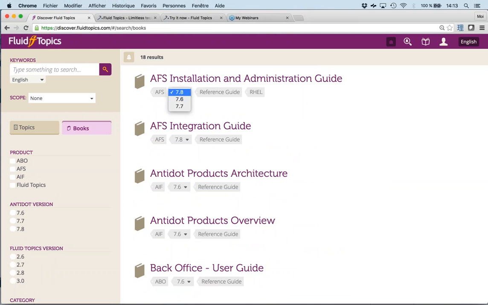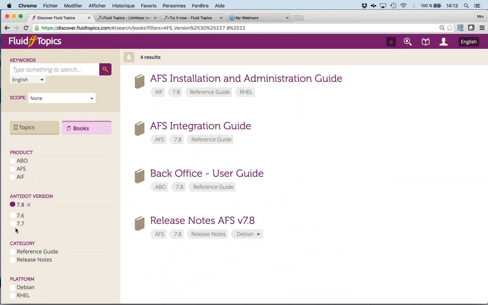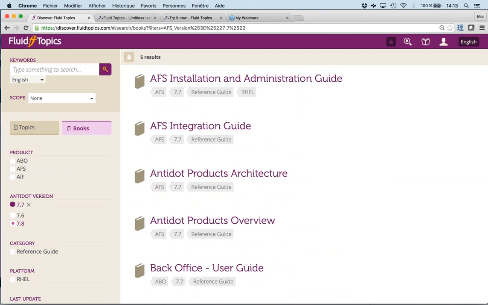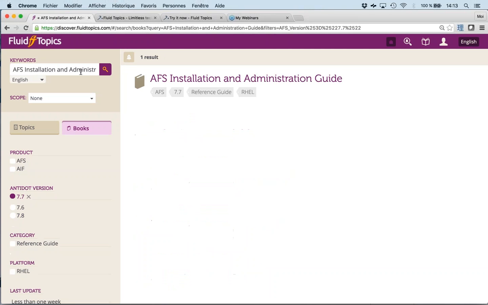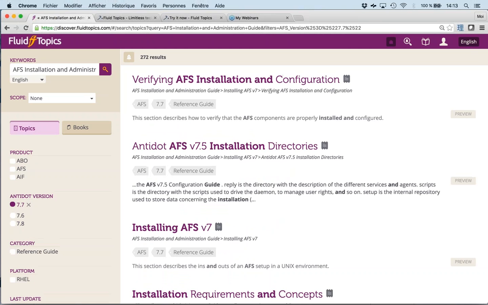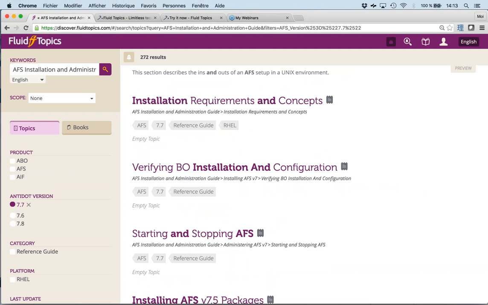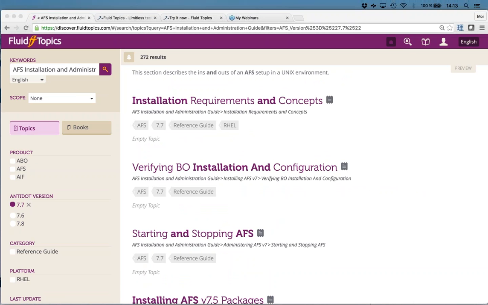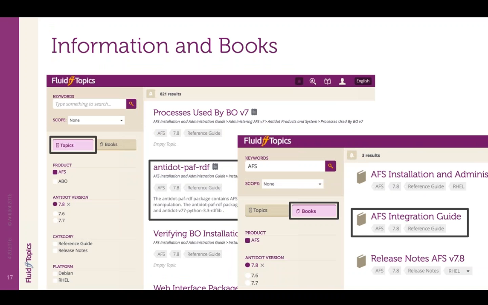Okay, still with the capability of filtering, either here or selecting my product version. So there's really two ways of accessing content. For example, I can look for content like that, or information. So the first major objective was speed.